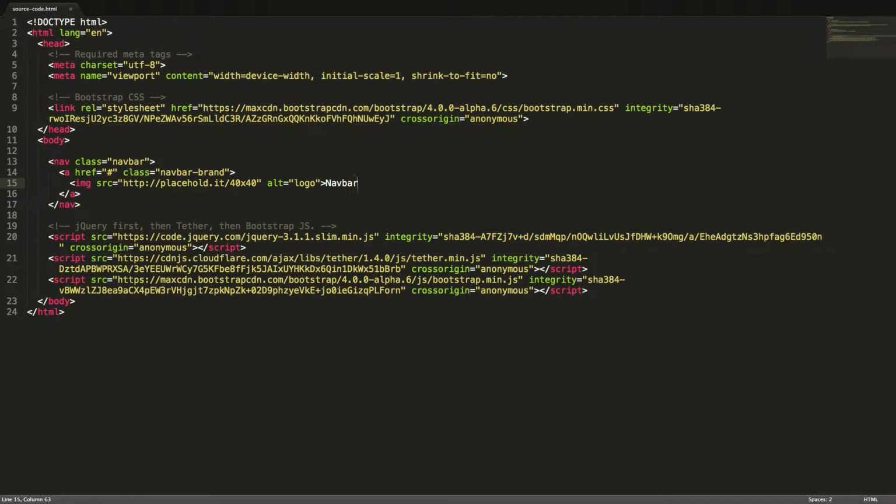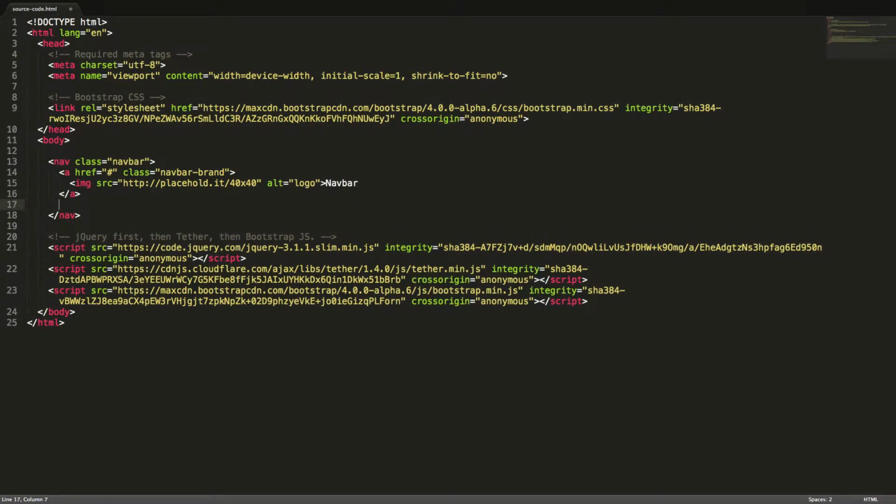For the Navbar, we can also add a responsive navigation menu, which can be showed and hidden by a toggle button for medium devices and smaller. We will first add our toggle button. We create a button tag with the type button, the classes Navbar toggler and Navbar toggler right,